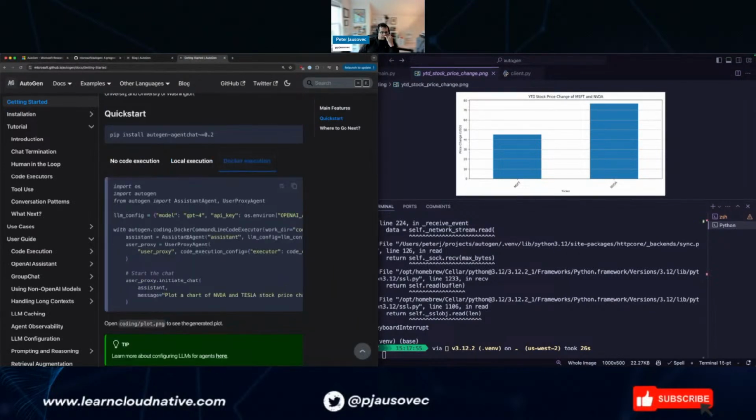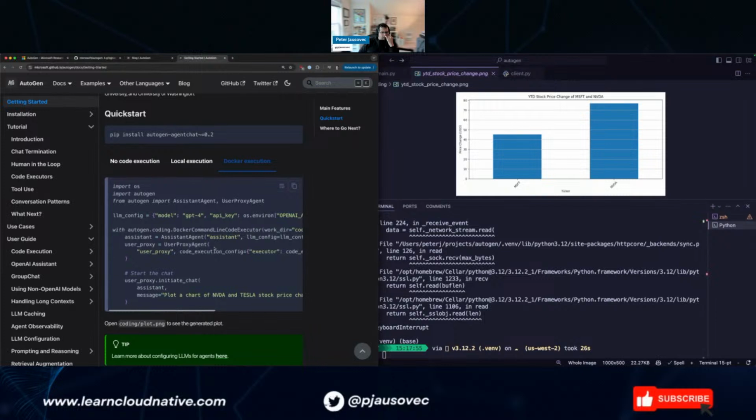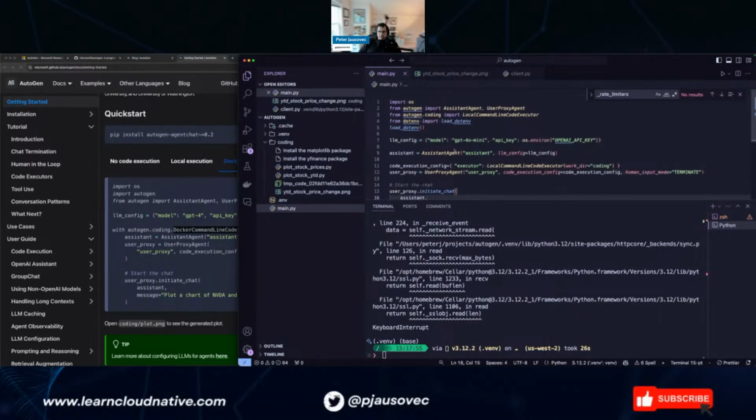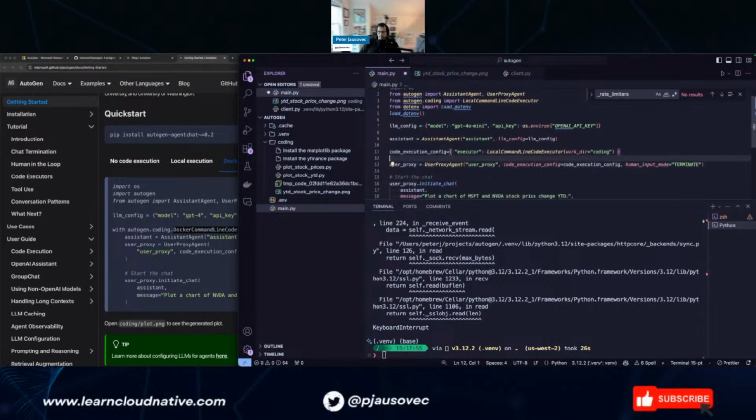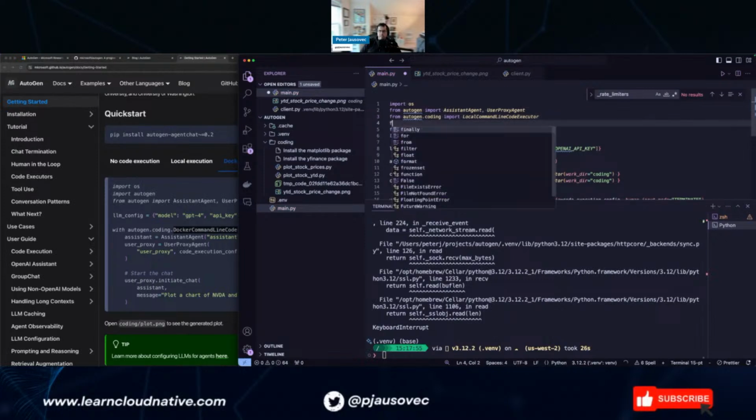And then Docker execution. What's the difference here? Okay, this is just a Docker command line. Well, let's try it just for fun. Docker command line execute, from AutoGen coding import Docker.